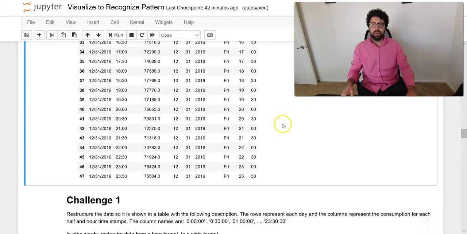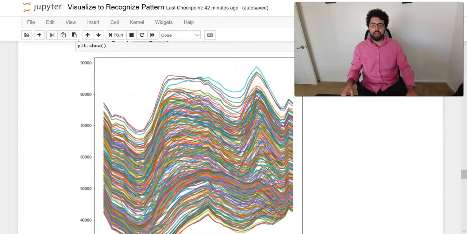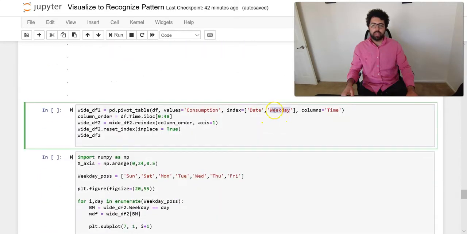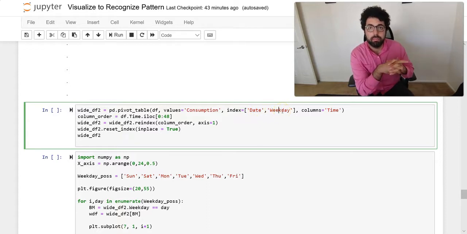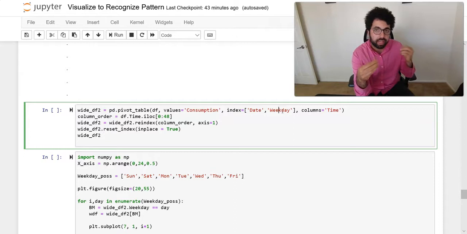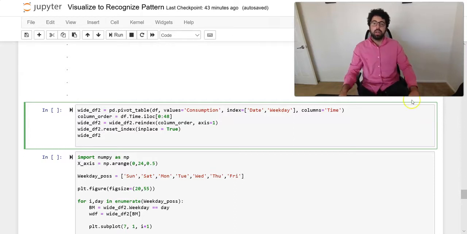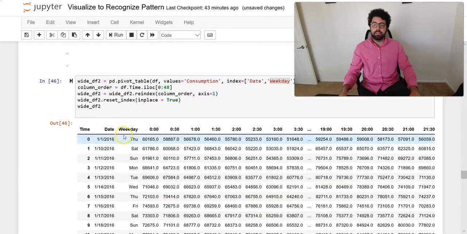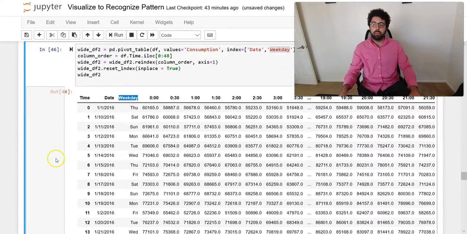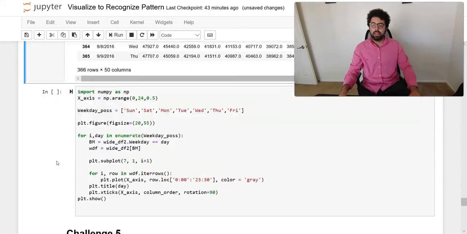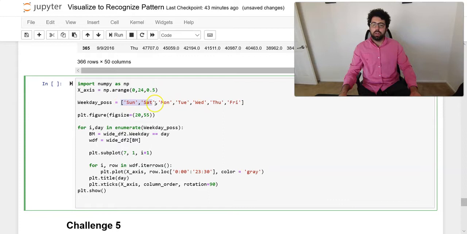So what if when we do the pivot this time, we also add the weekday to the date? Every day is going to be the same weekday. It's not going to change anything because they have a one-to-one relationship. But how it's going to benefit us now is that in our new wide data frame, we also have a weekday. And we can simply use that in our code here to separate